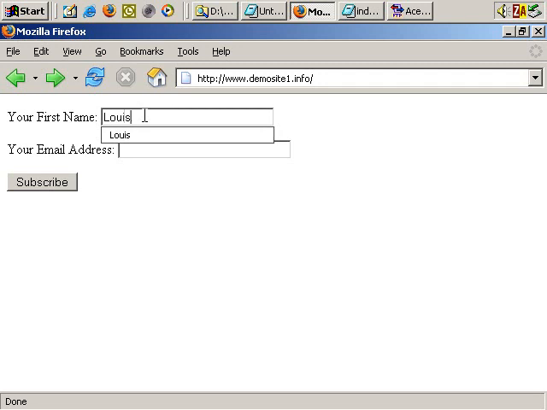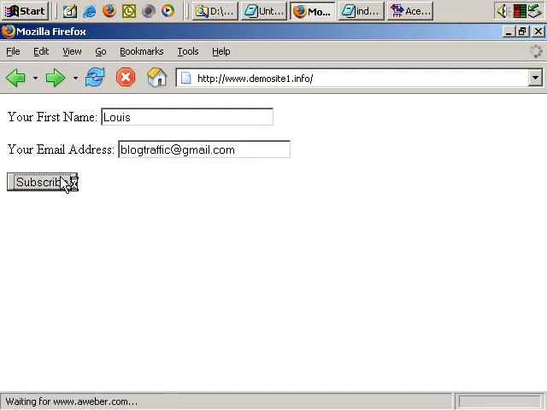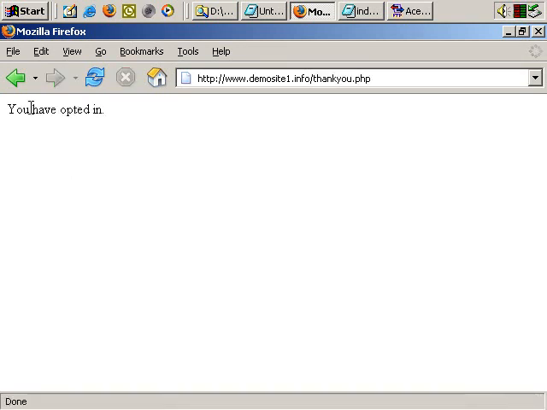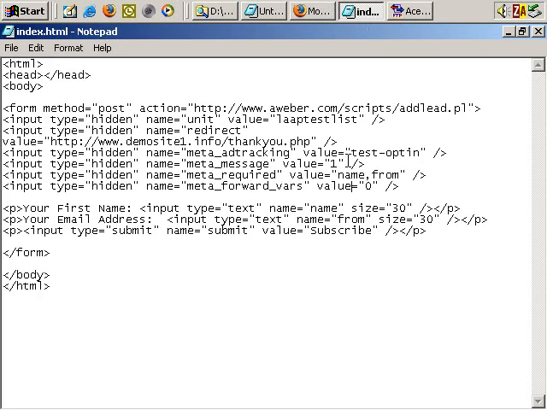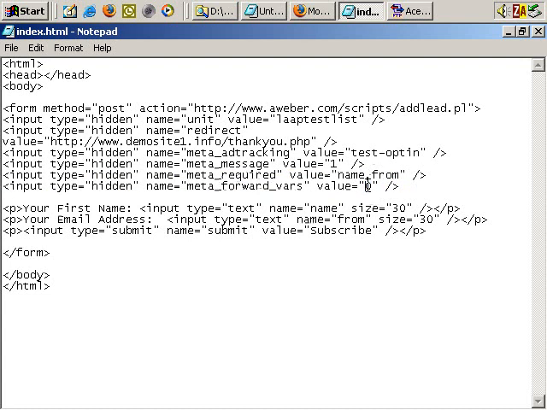Louis, blogtraffic@gmail.com. And okay, I've opted in. And importantly, this time, there are none of the details, because I told it by changing the value from 1 to 0 not to bring all those values forward. And now once again, that was just to demonstrate the size we want this line in the opt-in box bit. If we change it back to 1 for yes,